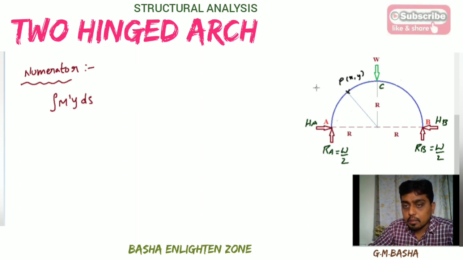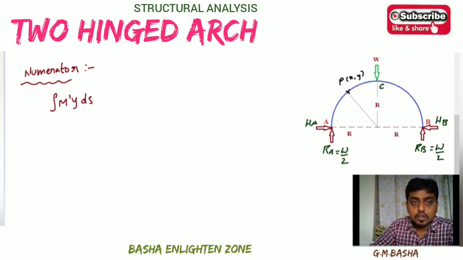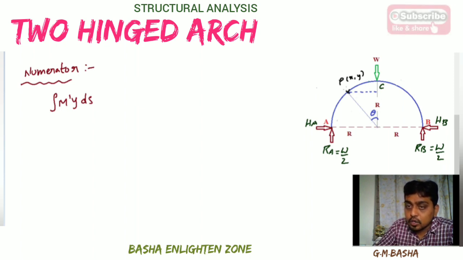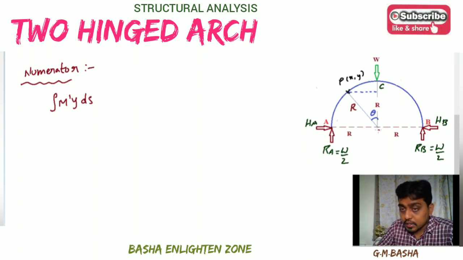Okay, so this is the point P(x, y) from the center. Here I am taking it with some angle theta. So already you know whatever we are considering theta opposite exactly it will be. Here it is a semicircular arch, therefore the distance from here up to point P will also be r only. So in the semicircular arch, from the center to here the distance will be r. So again it will be acting with some angle theta.